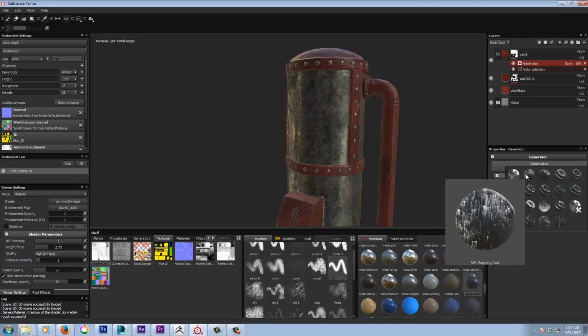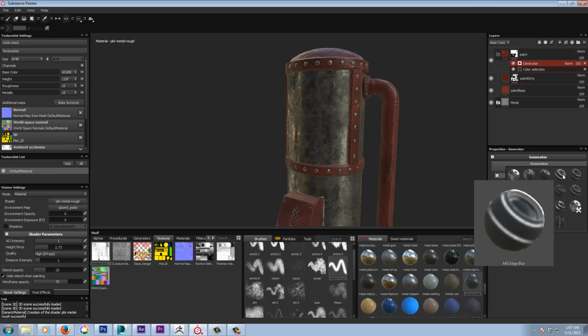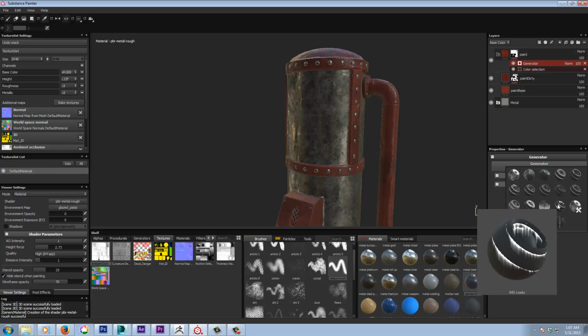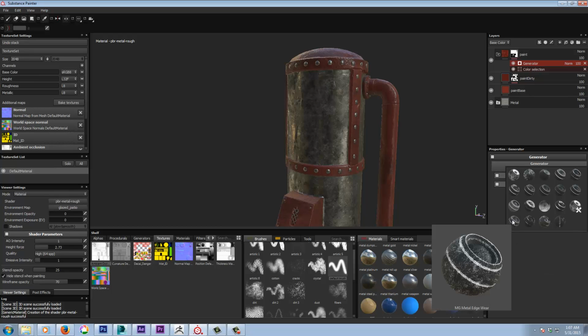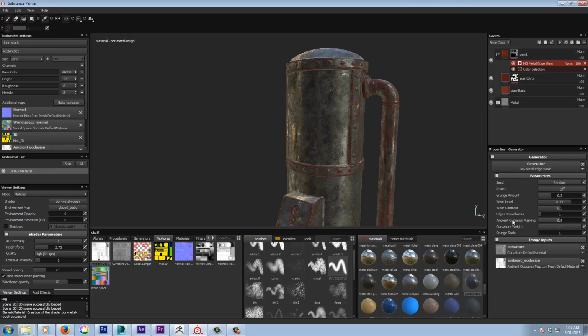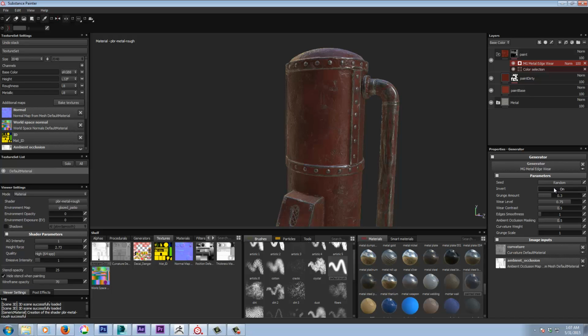These are all the presets. You can just play around with them yourself. These are all presets, and then we have the mask builder, which is quite powerful. You have a lot more options with that, but these ones are nice as well. This dirt one here, and this metal edge wear. So by default it comes in like that, and if you just invert it,